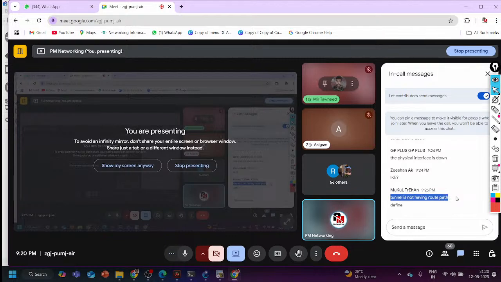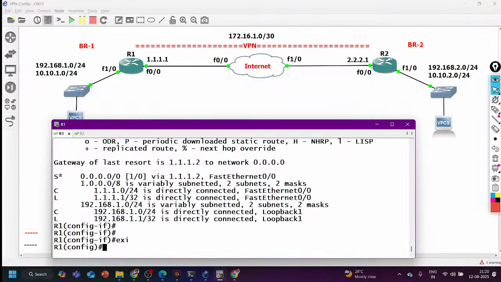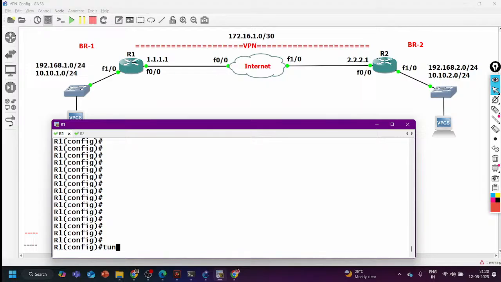The tunnel does not need a route path defined. No need to configure a route path for the tunnel, right? We just need to define the tunnel source and tunnel destination. Why? Because I am telling router number 1 that, hey router, I have created one logical interface which is tunnel 1 interface, and whenever you want to forward traffic from this tunnel interface, every time the source IP address should be this public IP address 1.1.1.1 and the destination IP address should again be a public IP address,